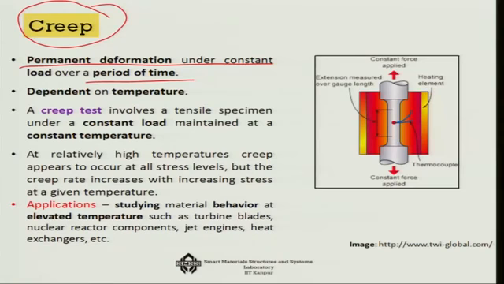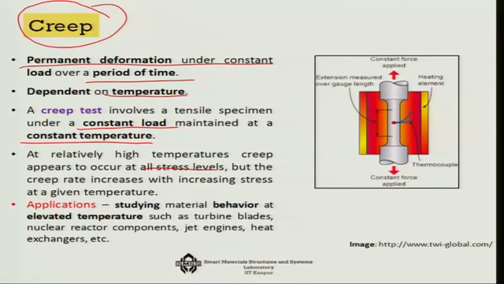Now, creep has a very high temperature dependency. Naturally, if the temperature is more, then as you are going closer to the melting point, you are getting a flow like behavior. So, under loading, this effect of permanent deformation will be much more. And a creep test generally involves a tensile specimen. Once again, you can use a universal testing machine under a constant load maintained and under a constant temperature. So, that temperature is important, because as the temperature increases, the same stress level can actually create much more deformation